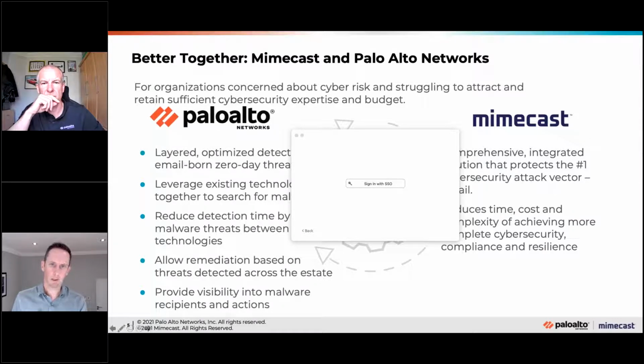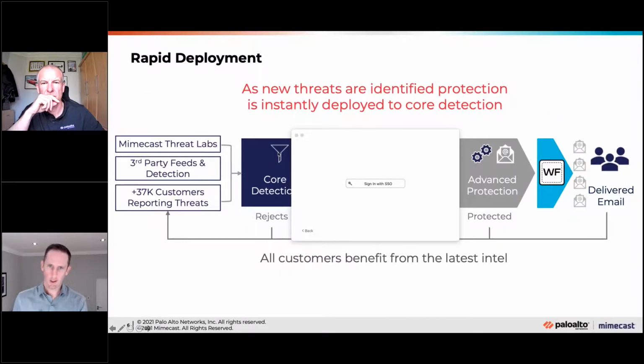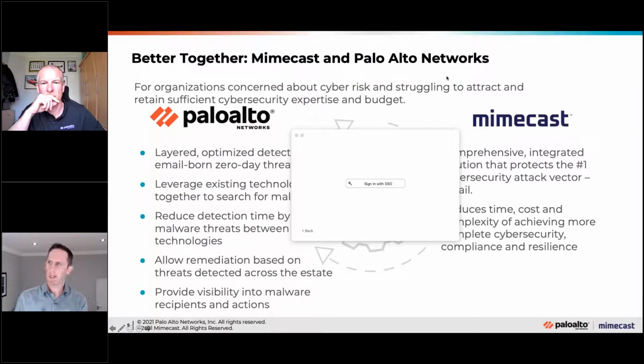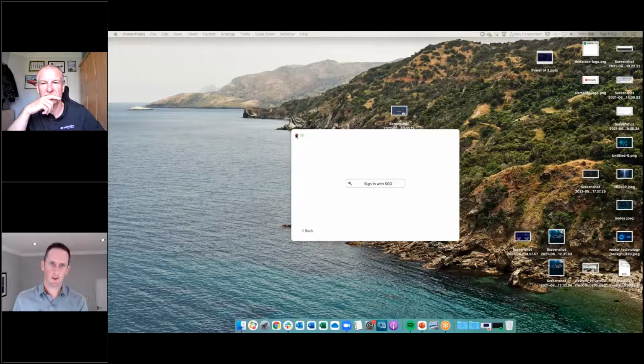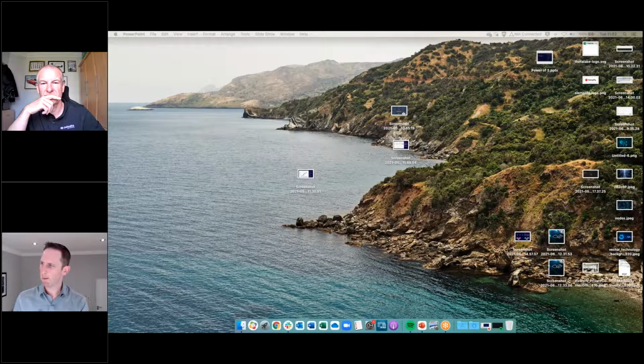Sorry, I've just got something popping up on my screen here that I just want to get rid of. I'm not sure, Simon, can you just confirm? Yeah, you can see that. Let me just try and get rid of that. Apologies, this has just popped in and it needs to just go away. There we go, and we're back.